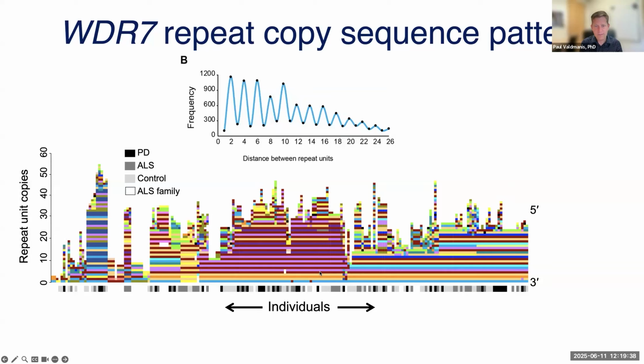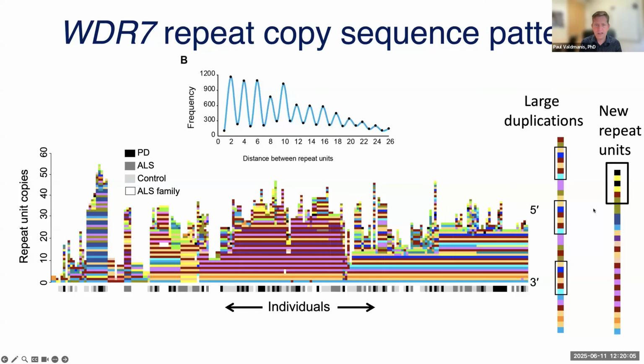So for instance, we would rarely see the same repeat motif side by side. They were often appearing 2, 4, 6, 8, and so on, repeat motifs apart. So these seem to be really expanding in groups of 2 repeat motifs instead of 1 itself. So instead of 69 base pairs, there's 138. We started seeing individuals with these larger duplication events occurring within the same repeat motif, as well as